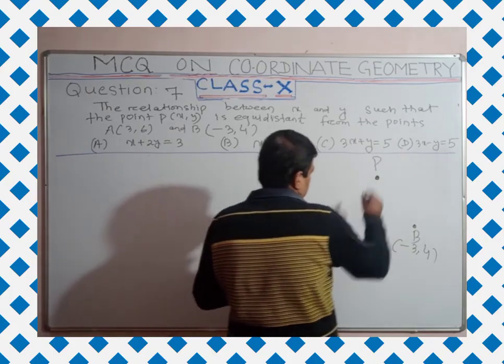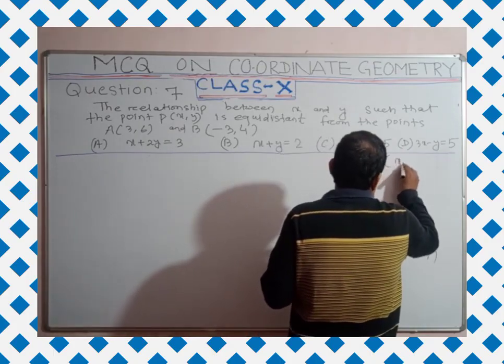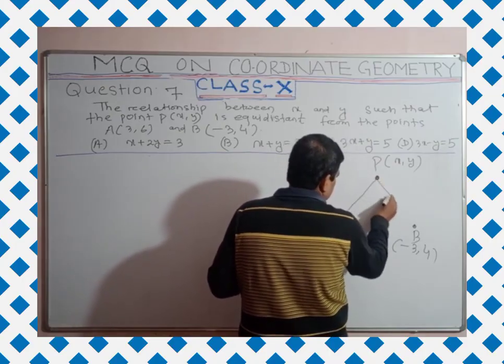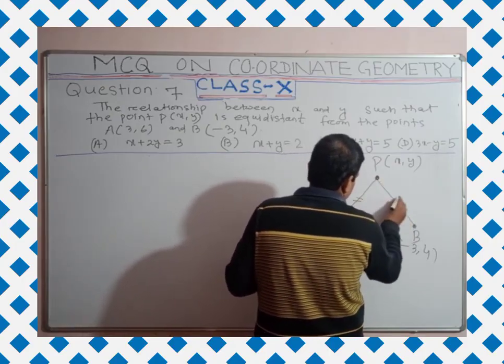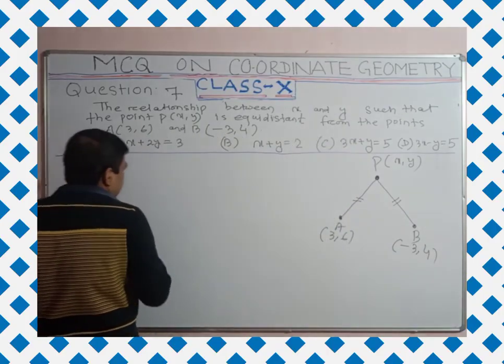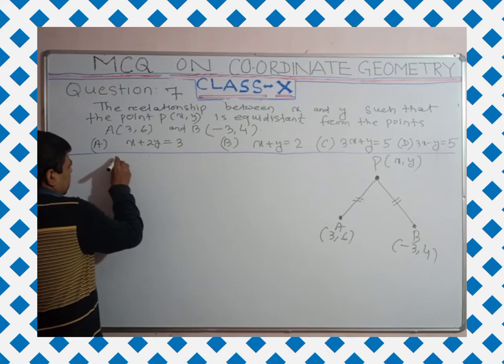Okay, and the coordinate of P is (x, y). We have to find the relationship between x and y. What is the relation between x and y? Here we see PA is equal to PB. Understand or not? Okay, it is given that